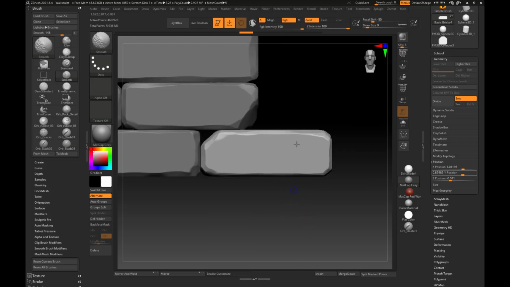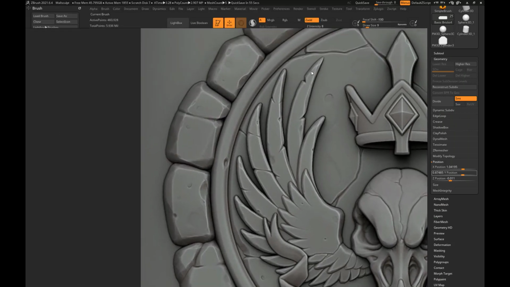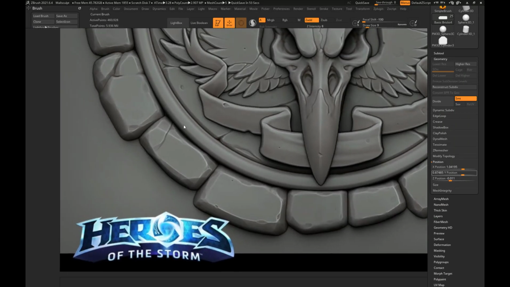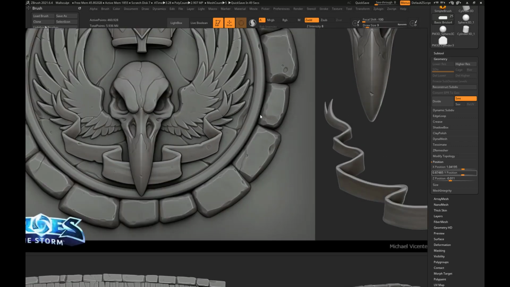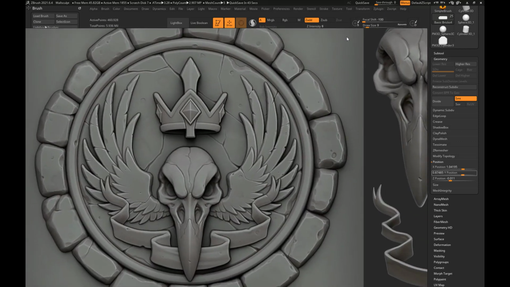How do we get some of the detail work that they had? That's the wrong one. Shortcut there. Like this part, how did he get it to look like it was bigger? Or how did he get it to feel like it carved in just that? That's pretty much just a detail brush and it's certainly laid out. But another thing you can do is use the